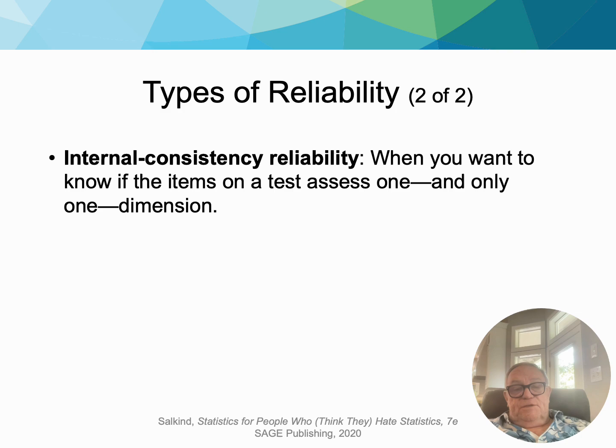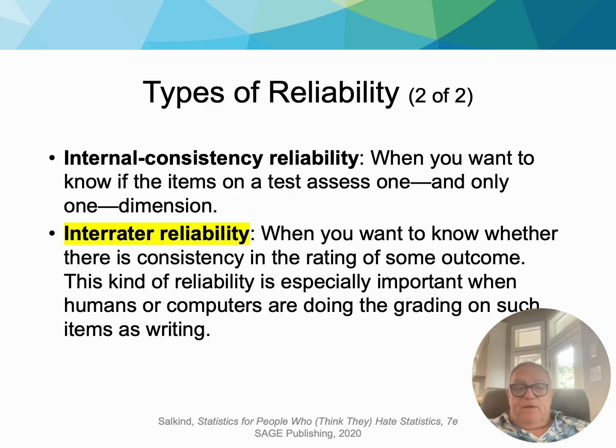Internal consistency reliability. That's where you want to know if the items on the test assess one and only one dimension. So is it only looking at intelligence and not behavior or something else? Another very common one is inter-rater reliability. So when you want to know whether there is consistency in the rating,